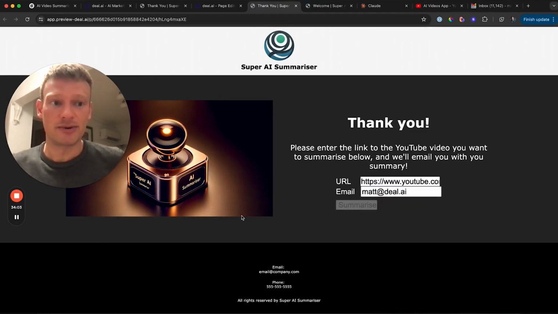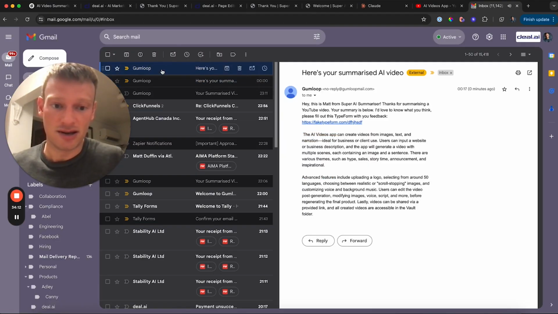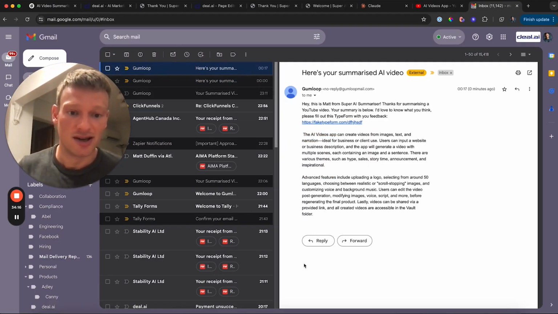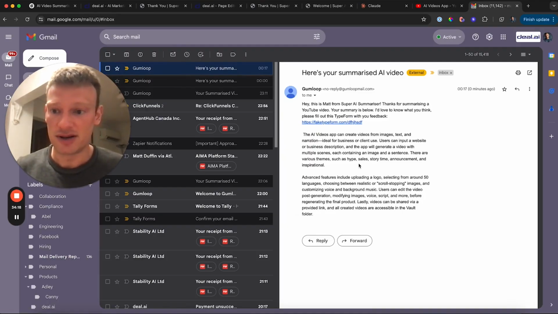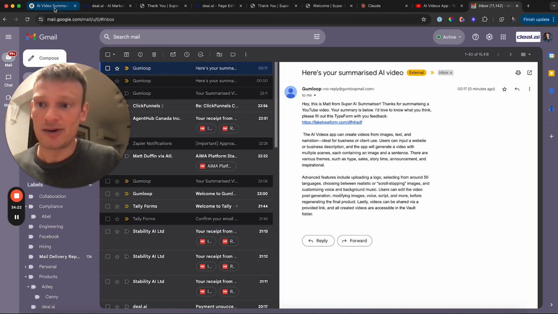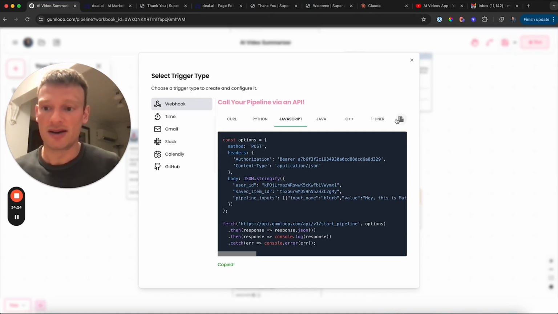Okay, the button's disabled. Fingers crossed, this should now be hitting up Gumloop and running that automation. Email can't tick over. Here we go. Hey, this is Matt from Super AI Summarizer. Thanks for summarizing. And here is my video description. Okay, so that is how you can produce a very, very quick, very, very dirty, but informative kind of MVP